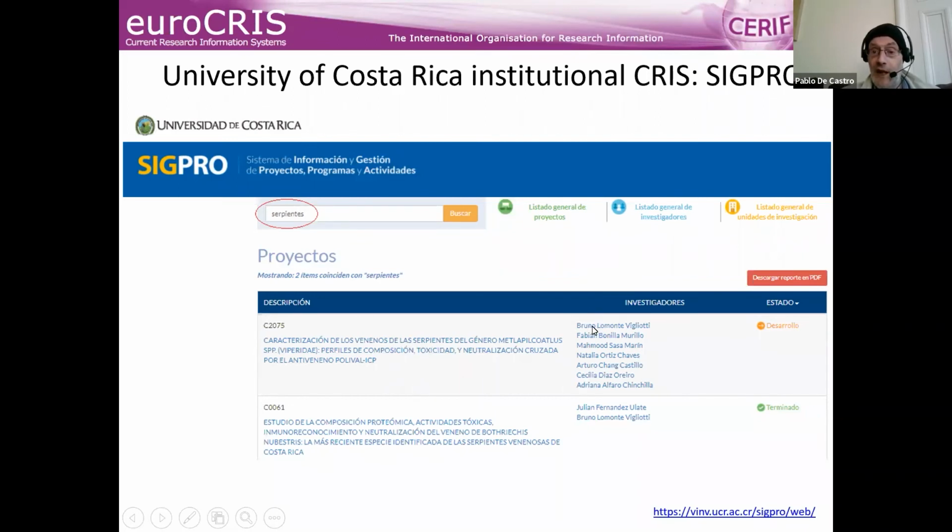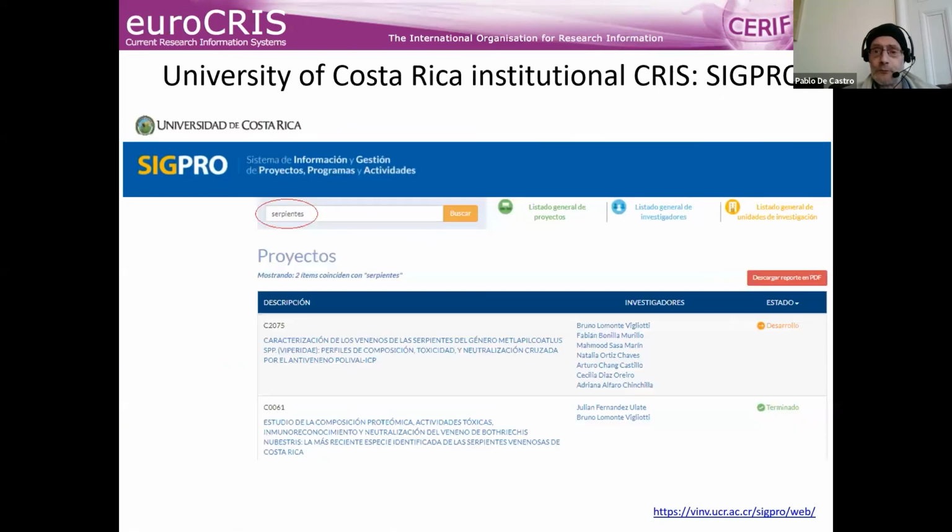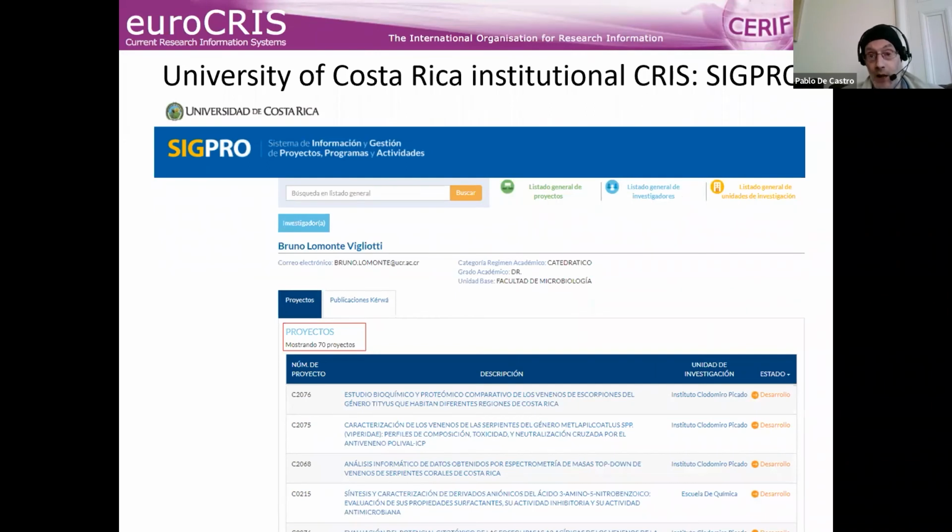Both of them feature Bruno Lomonte, the researcher listed second on this list of most prolific researchers, with 189 publications and nearly 8,000 citations for his work. If we click on his name here, which is at the core of the SERIF data model, so the fact that you can click on a researcher and collect their data as part of the data model, you can see his